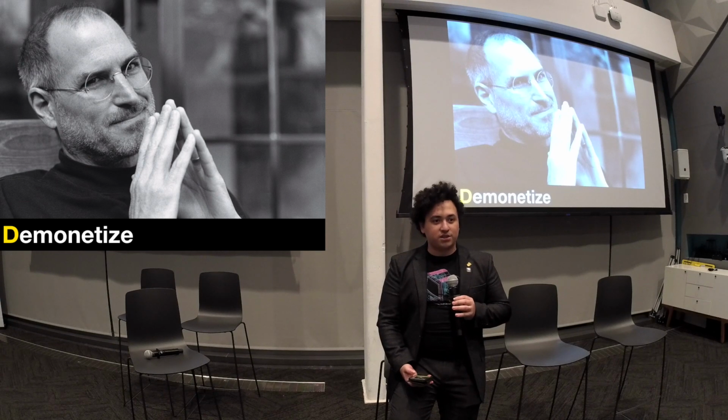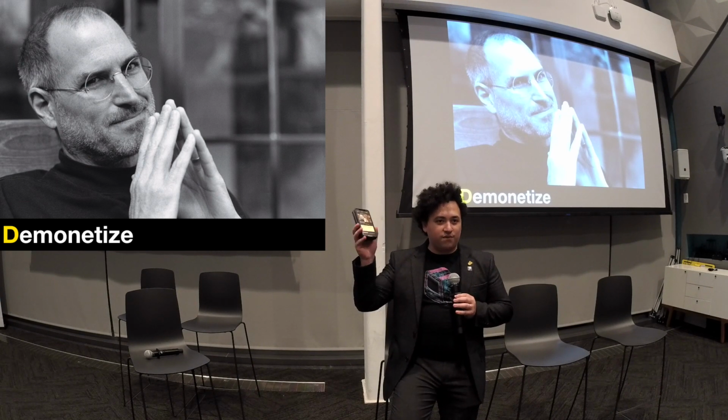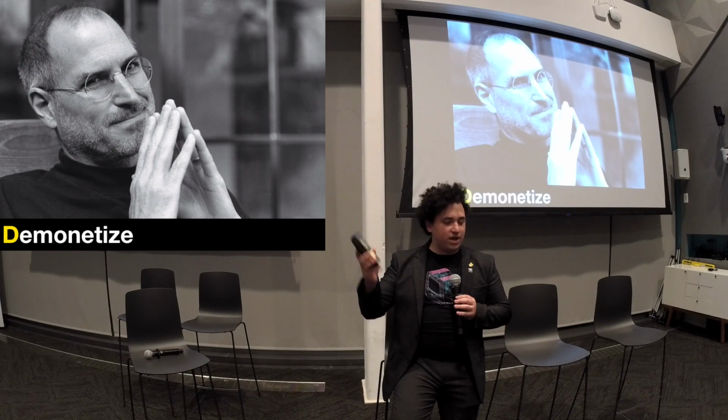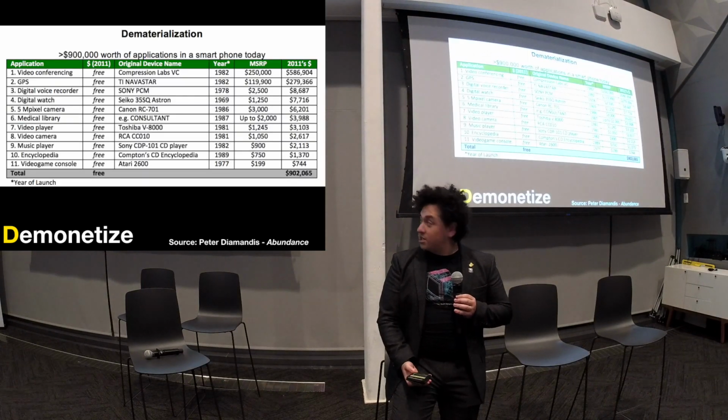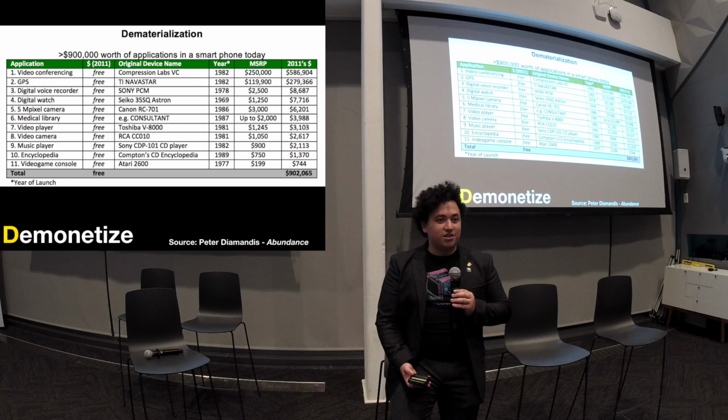This guy and the App Store, he didn't think about it, but what he was demonetizing was that it made software able to do things on a device that everyone had. And remember how I told you that the picture of the guy with everything on the table was going to come back? This is from Peter's book, Abundance. You have about 900K worth of tech that, when it first came out, you'd have been paying for, and now you have $200, $300 smartphones that have this. Just let that sink in. Almost $1 million worth of innovation in your pocket at all times, and pretty much everyone has it, and we complain about it. It's slow, it's buggy.